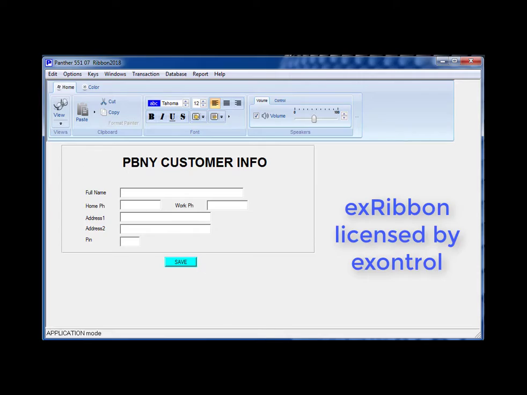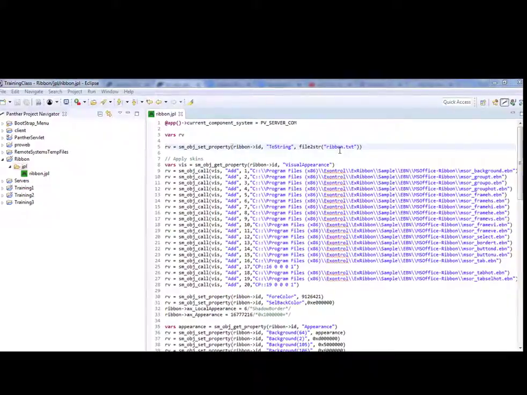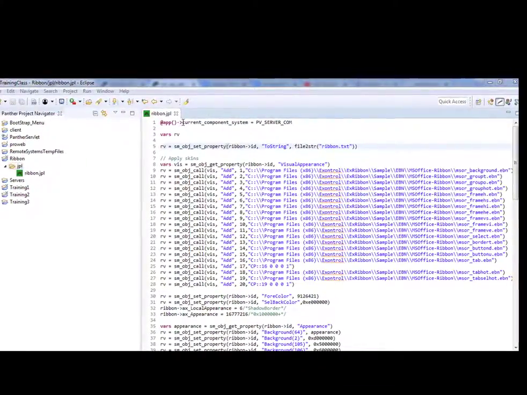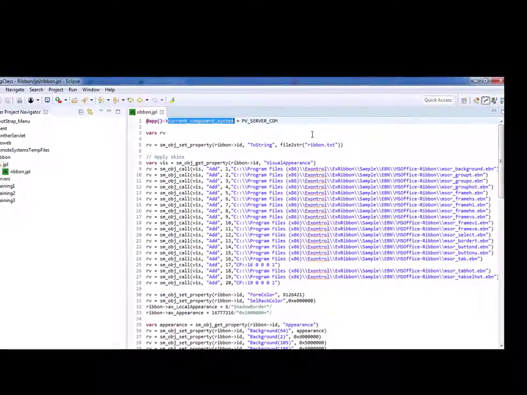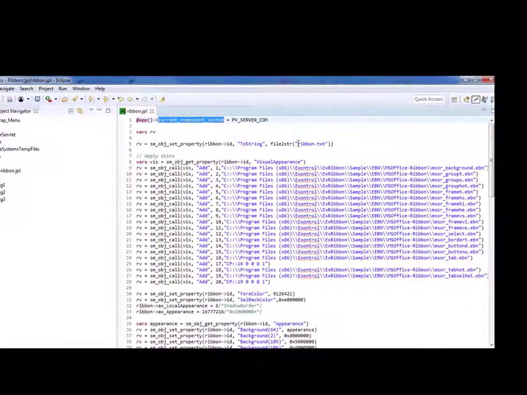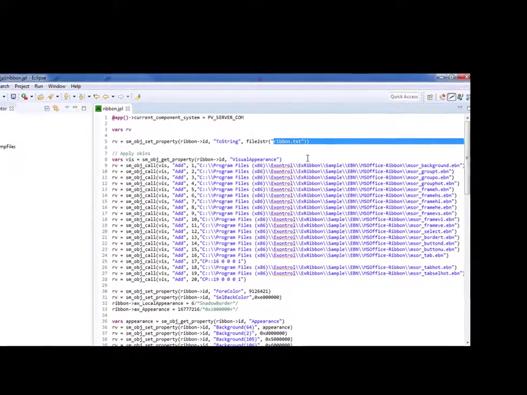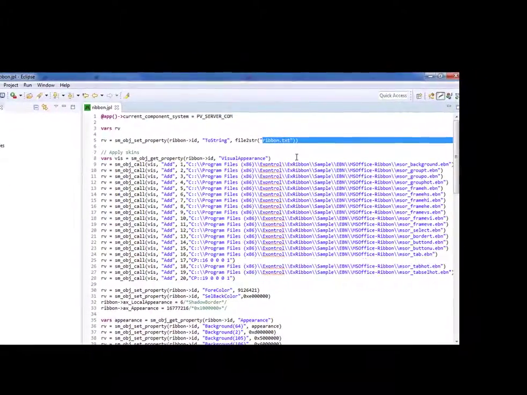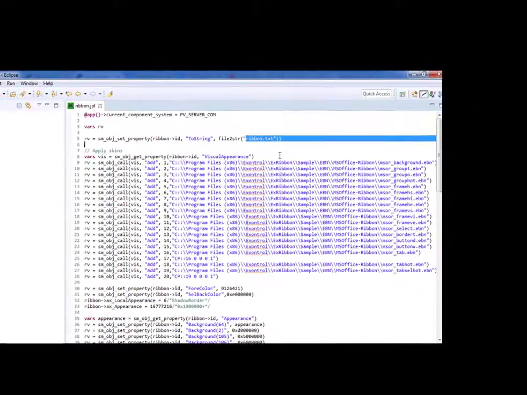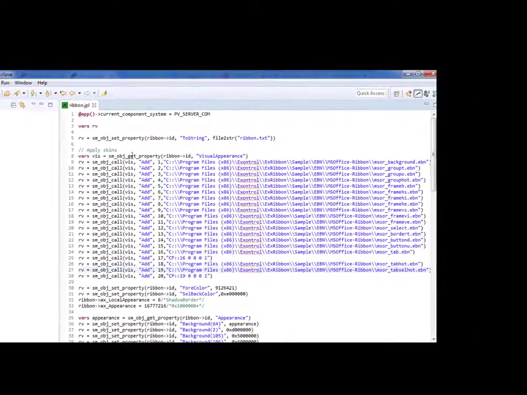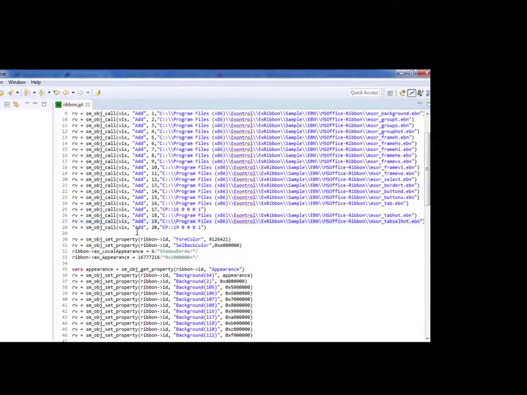called XRibbon. This is the JPL that loads the ribbon behind our Panther screen. Current component system tells Panther that we are using an ActiveX control. Now ribbon.txt is actually a file that we created manually using the XRibbon GUI editor to draw out our ribbon menu. And the rest of this function basically calls methods of that particular control as well as sets properties of